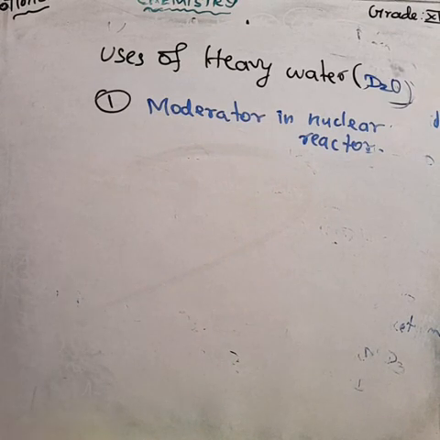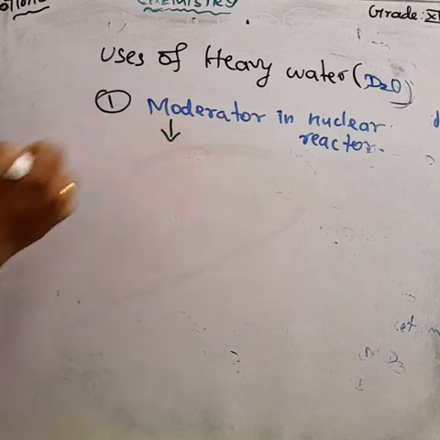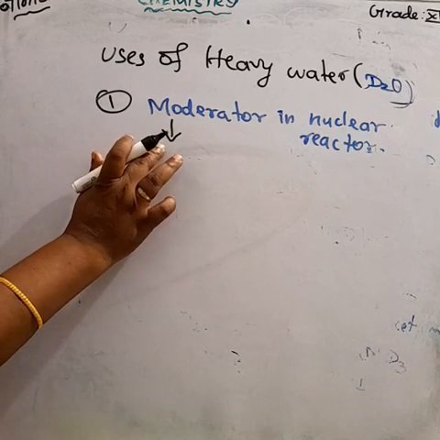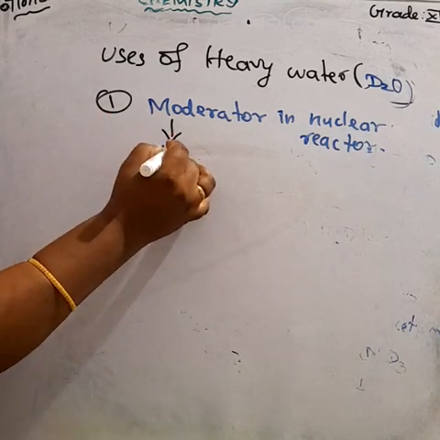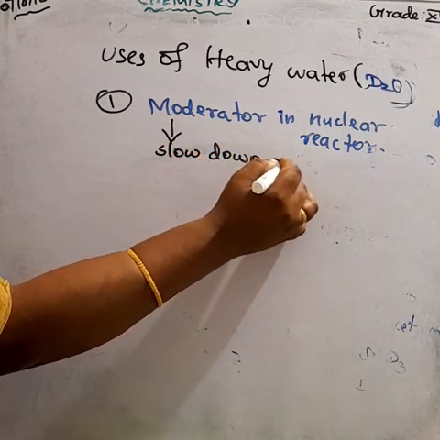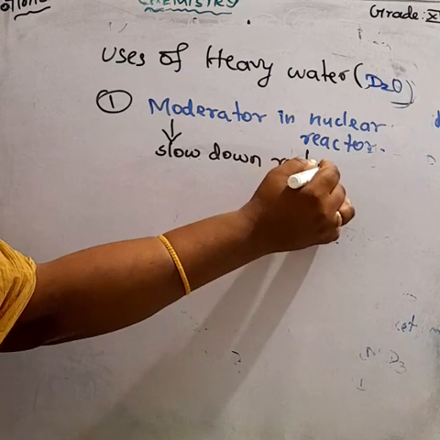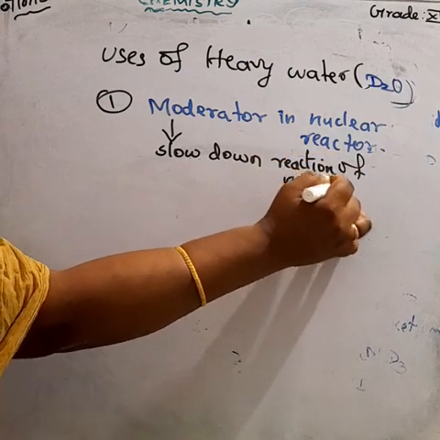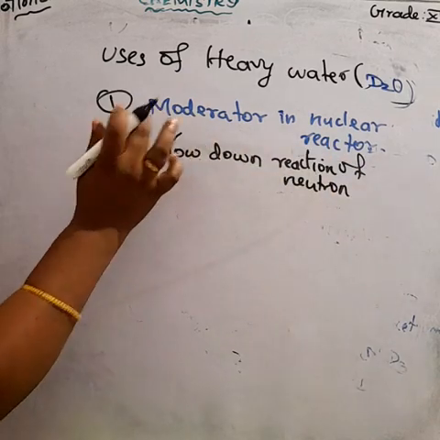So what do you mean by moderator? A moderator is a substance which is used to slow down the reaction of neutrons. That is the use of a moderator. A moderator means one substance used to slow down